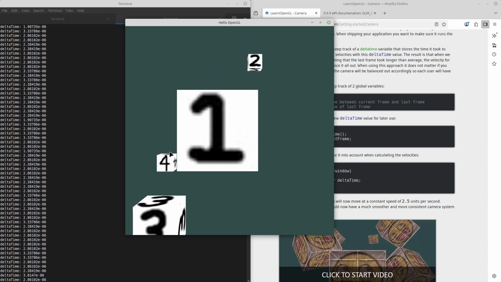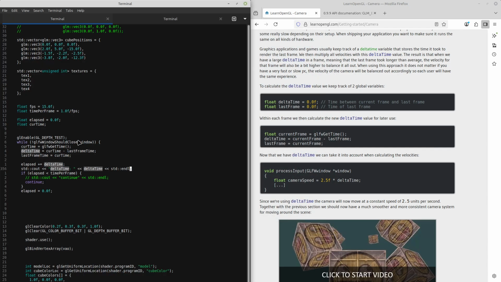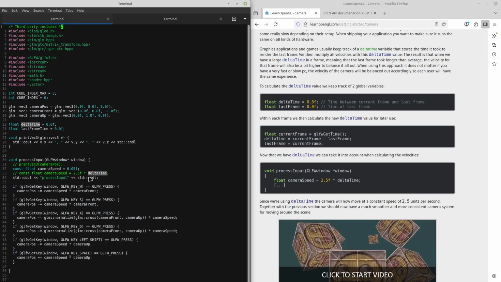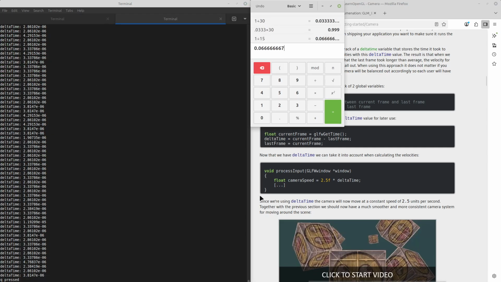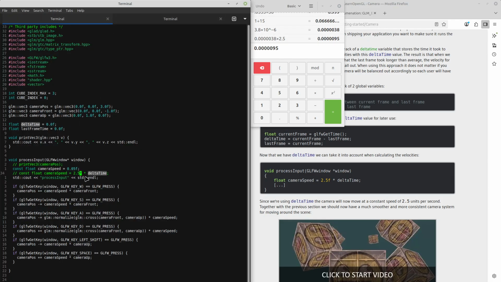Super small value. Sure. So what's 3.8 times 10 to the -6? Super small value times 2.5 is going to be an also super small value. The frame rate's so low that we need the movement speed to be higher, I guess. Now let's do, I don't know, like